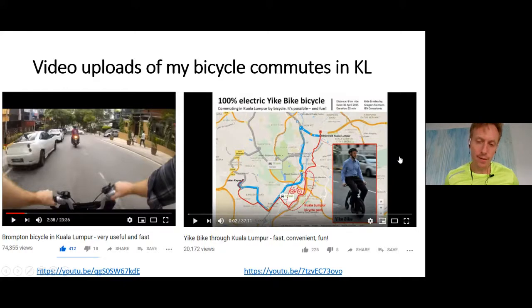So cycling, which in this part of the world is seen as poor man's transport, unfortunately, with this little neat bicycle, it turned the tables and people thought it was really cool. And actually, you would rather sit on that bike than maybe in a car. So I think that's also one of the important aspects of promoting cycling, that it becomes socially desirable and acceptable.